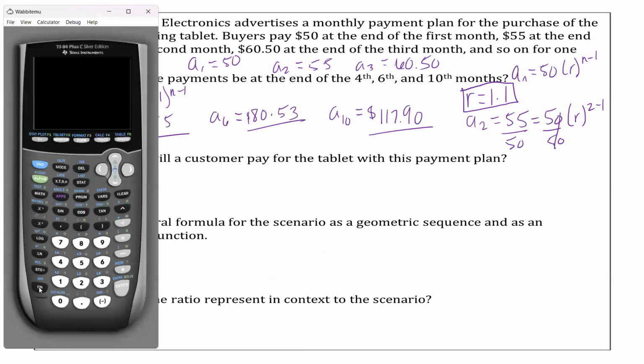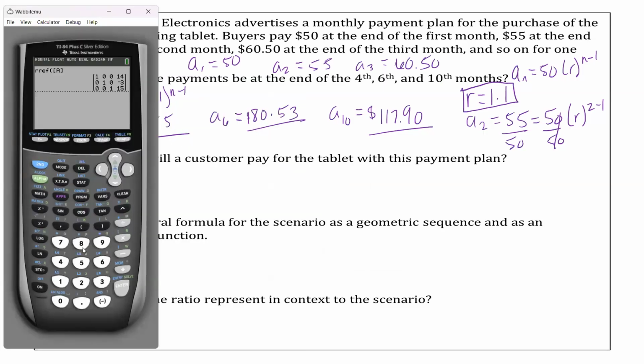So on here, we're going to actually use our stat edit window. And the reason why we're going to use stat edit is because it's going to allow for me to create the values that I need. Okay. So we go to stat edit, and I know that I'm looking at the values for a year. So we're going to be going from 1, 2, 3, 4, 5, 6, 7, 8, 9, 10, 11, 12, because this is our payment plan for a year. So 1, 2,